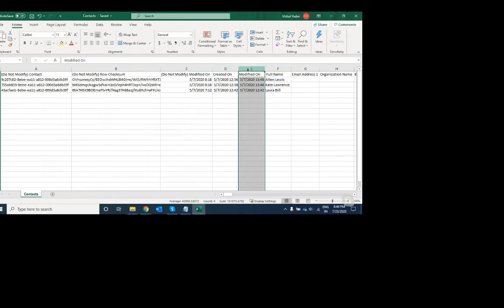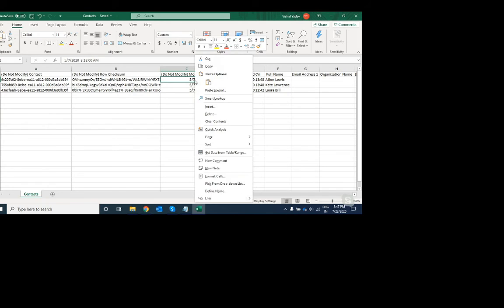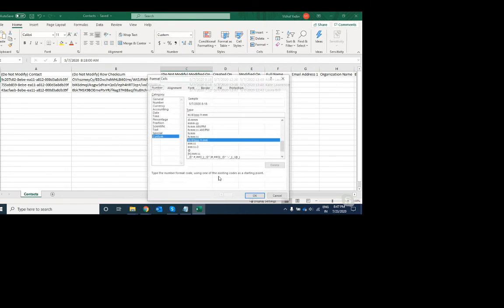So here you can see the three columns within this contact CSV file. To check what the date format is for this CSV file, I'm right clicking on this cell and clicking on the format cells option.